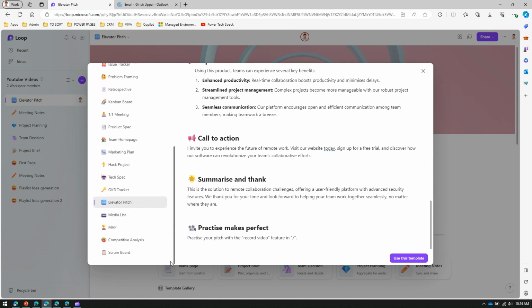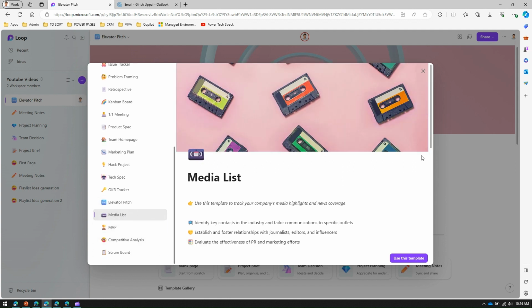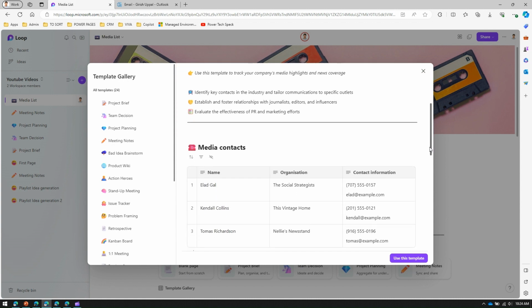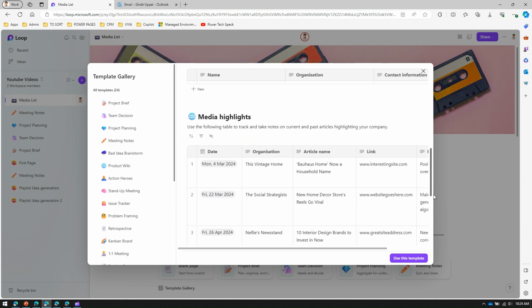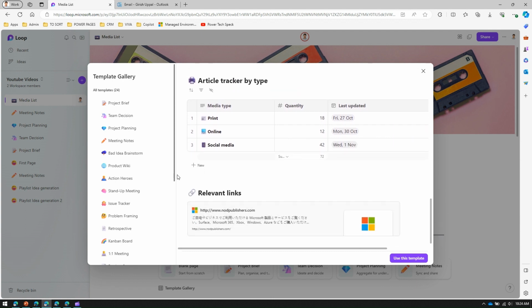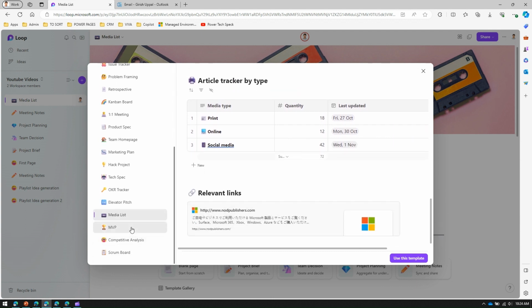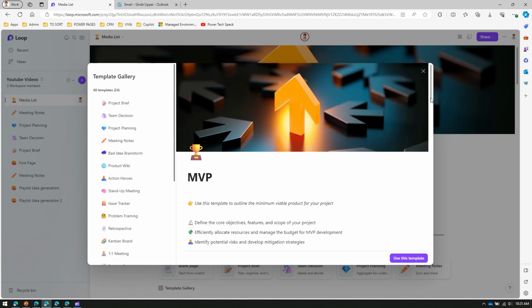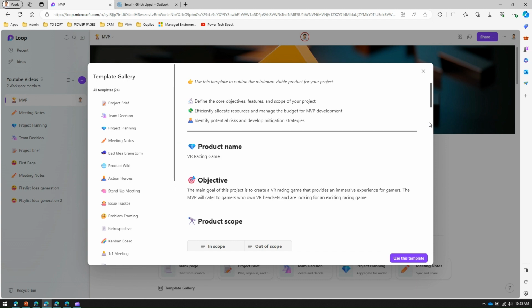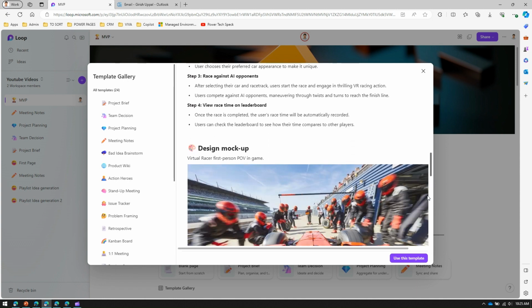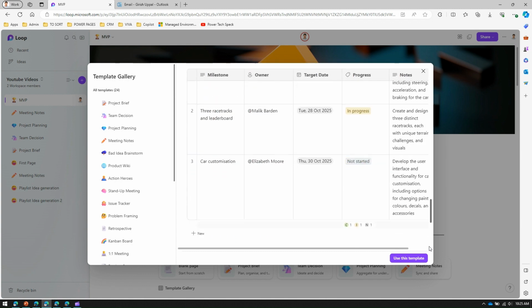Then you have a media list. So, this is basically to track your company's media highlights and news coverage, media contacts, media highlights, article tracker, and relevant links. MVP, minimum viable product. So this template is basically to outline the minimum viable product for your project. It will have the product name, objective, scope, value proposition, user flows, the mock-up, dev timelines,